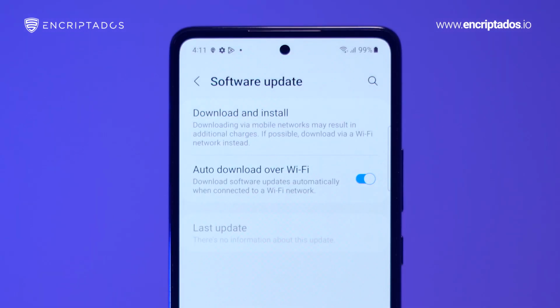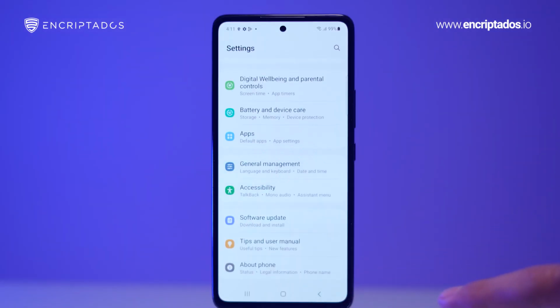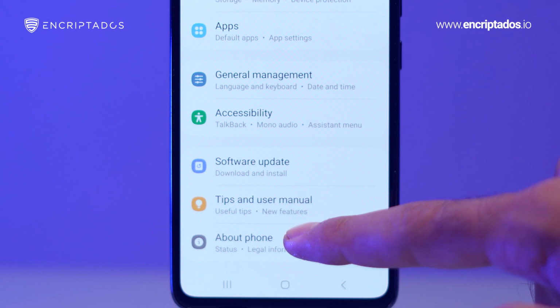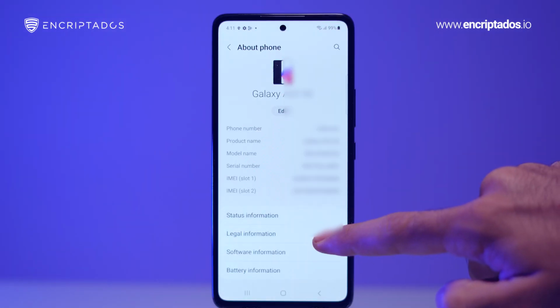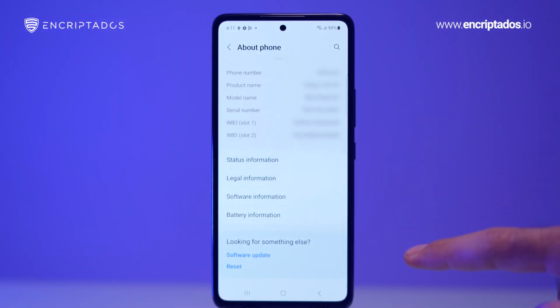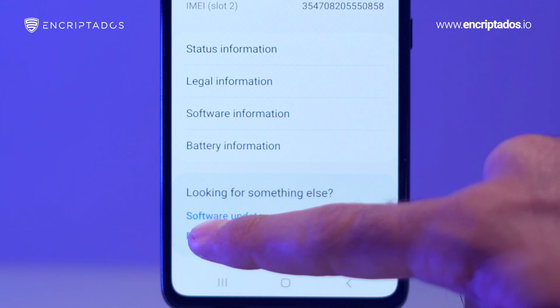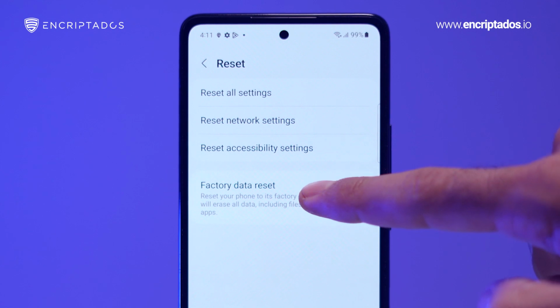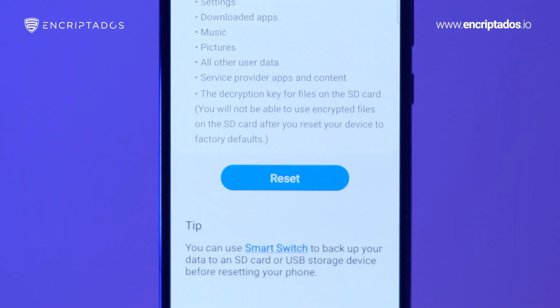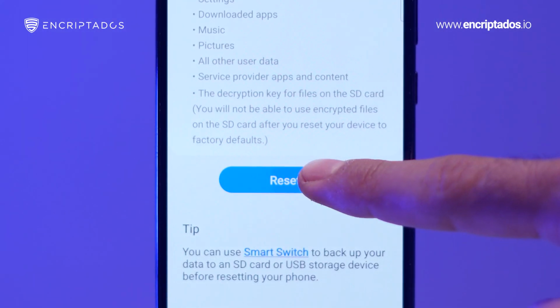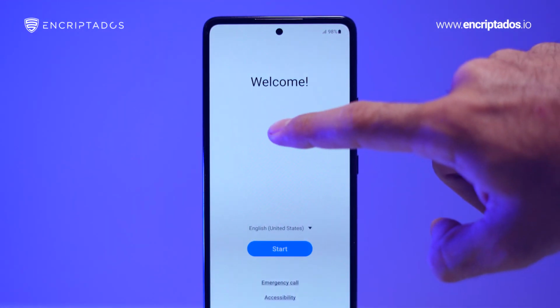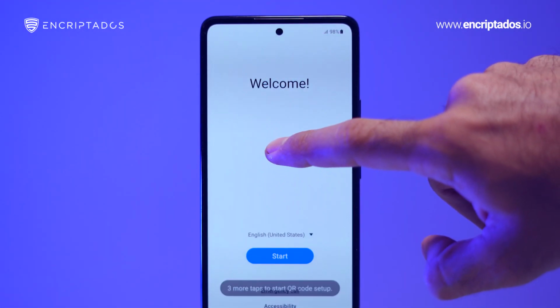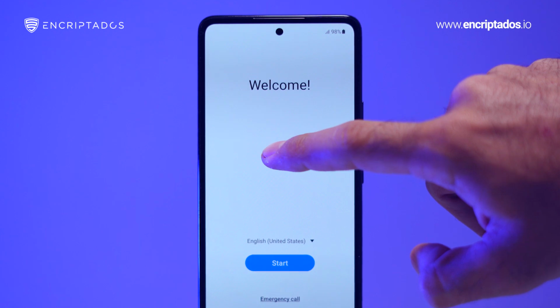Once you have the code, you will proceed to verify if your cell phone has any pending updates. If it does, you must do them, then reset your phone to factory settings. Normally, we can do this by going to Settings, General and restoring to default settings, Factory Data Reset. When the welcome screen appears with the option to select the language, we are going to make 9 taps in a place on the screen in a row until the camera is activated, and we will proceed to scan the